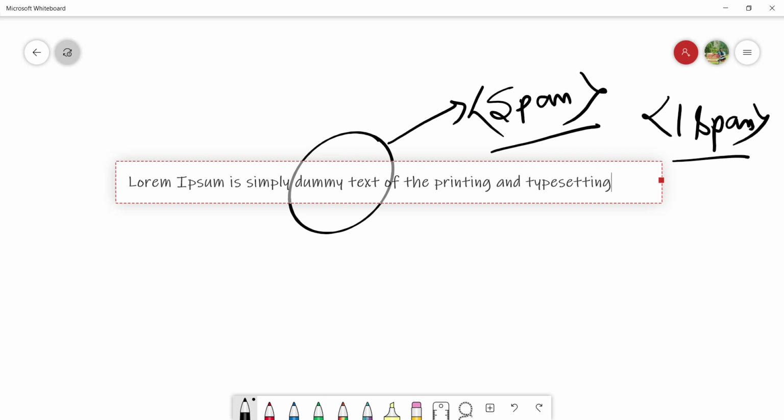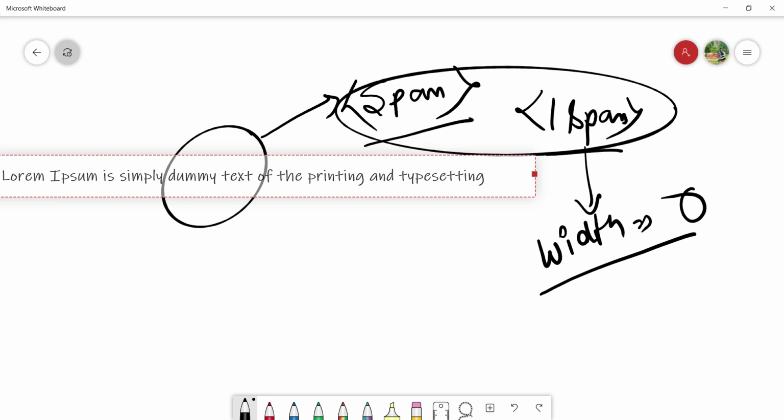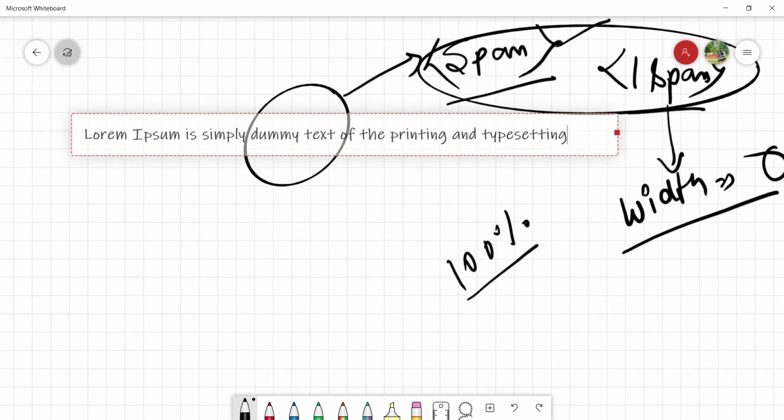Okay guys, why are we using the span tag? Because by default it doesn't have any width. It's zero. It doesn't show any effect on the screen until we use CSS on this tag. Remember this thing. If we are using a div, then the div by default takes 100% of the screen, as we saw in the previous lecture, right guys?